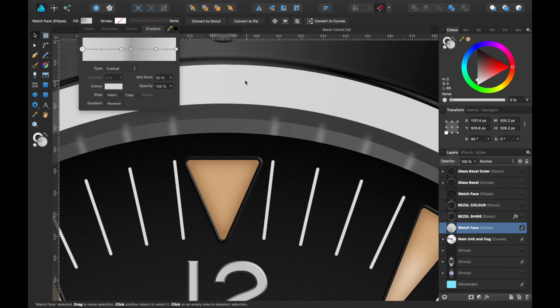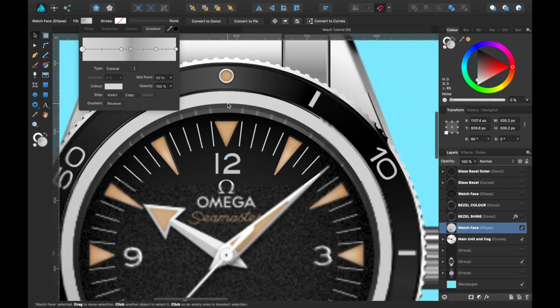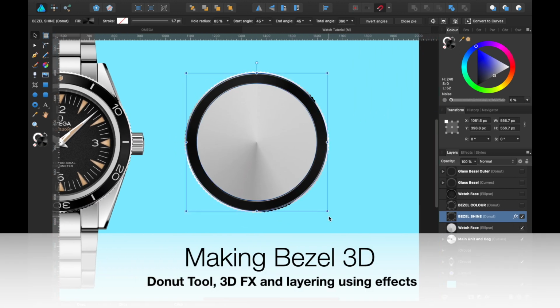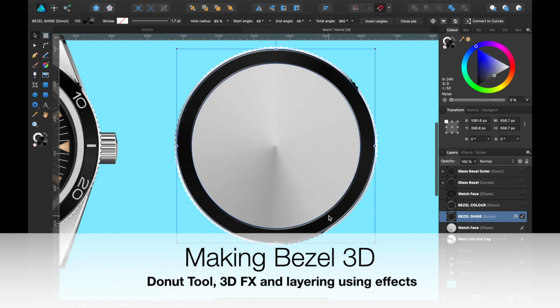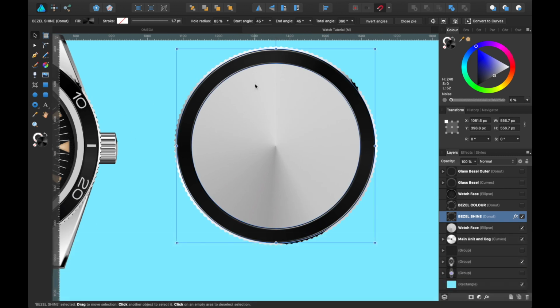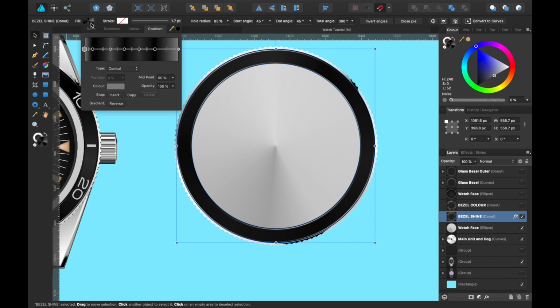But like I was saying, it's always good to go for exactly the same color each side so you don't get this line. There it is. So this, again, like I showed you earlier, I used the donut tool, and I just made a simple black one earlier. No, it was white, wasn't it? This time I've just chosen a black color, and I've chosen to use conical again. The way the light hits it, I wanted it to be very flowy, from going lighter to darker to lighter.